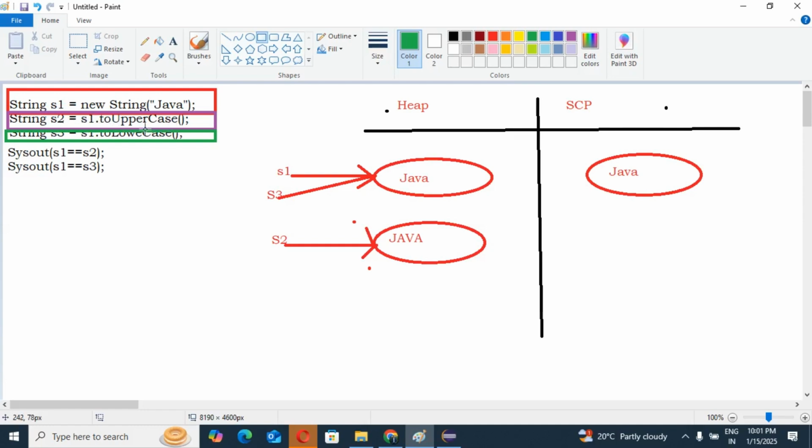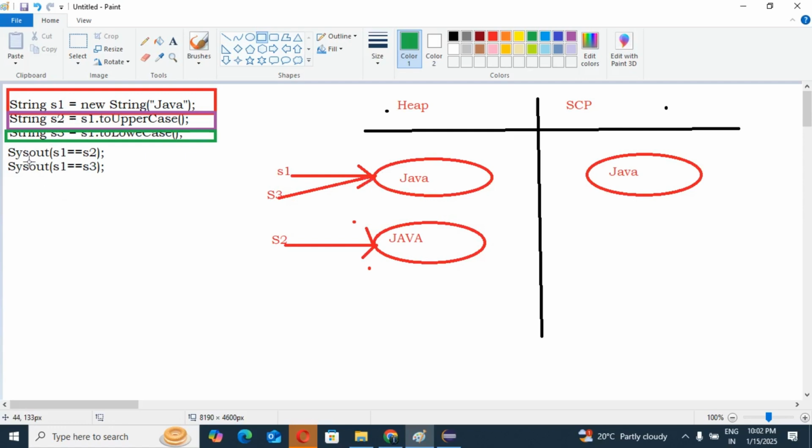That's why it creates one new object, JAVA. But in the third, String S3 equal to S1 dot toLowerCase, this time we are not able to change the content of the existing object. S1 is in lowercase, so the same content will be there. Since the content is not changed, it refers to the same object. That's why S3 also points to the same object.